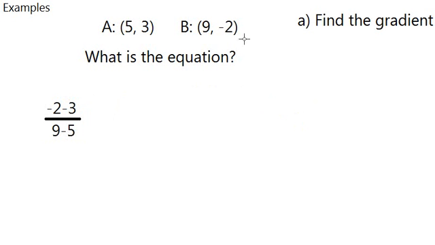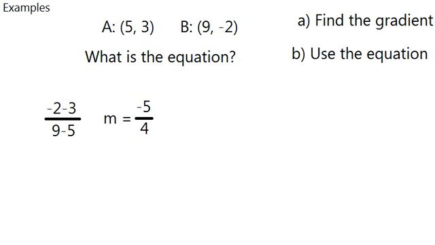Y over x is the gradient, and so we find that m, the gradient, is equal to -5 over 4. So we've got m, and now we apply the equation, y equals